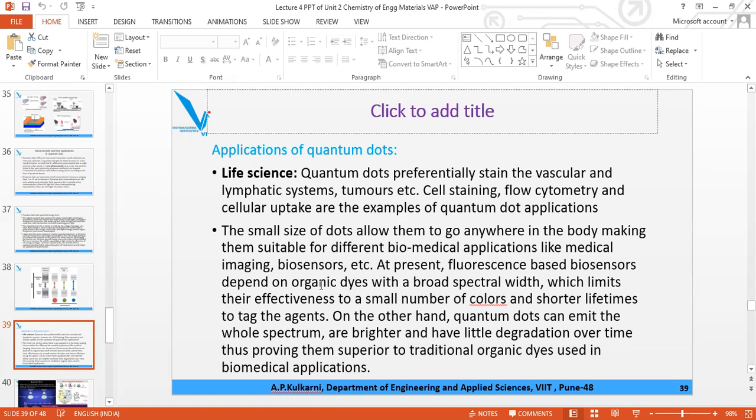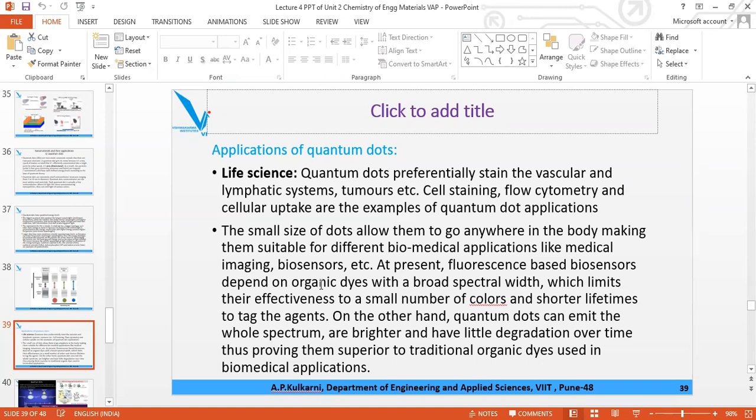Here these small quantum dots can move when they are irradiated with UV light. They can move anywhere in the body, and they can find the imperfections or the cells which are defective,